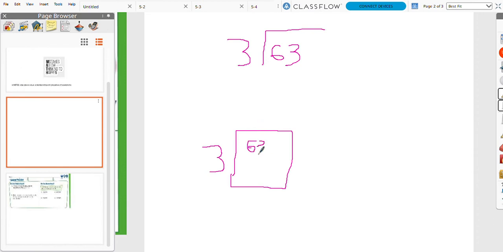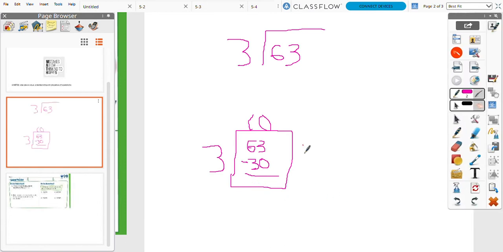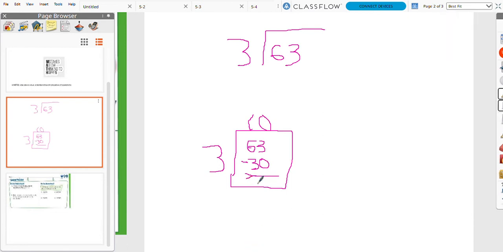So here's our 63. So we said 3 times 10 is 30. So I'll put my 30 here. And subtract to get my 33. Now, you have to make sure, again, this number's 0 or less than 3, so 3 can't be divided, so